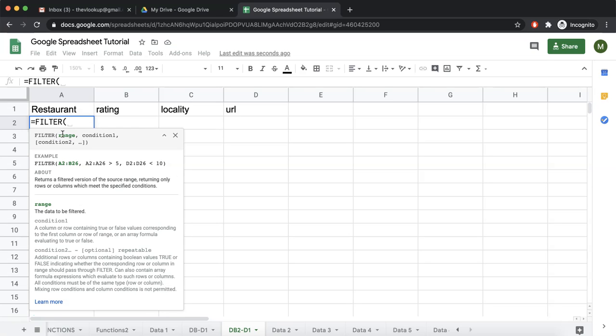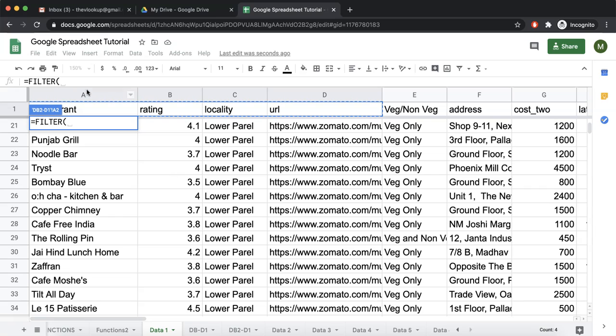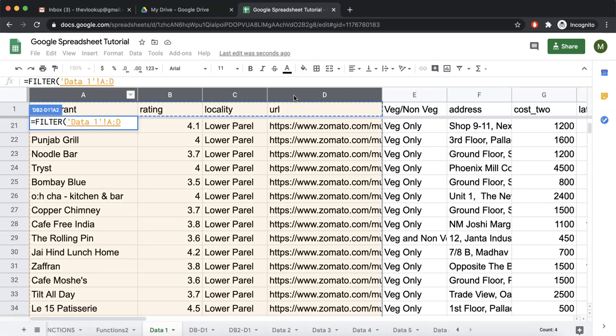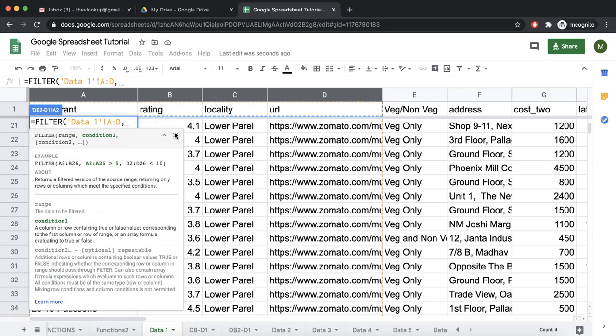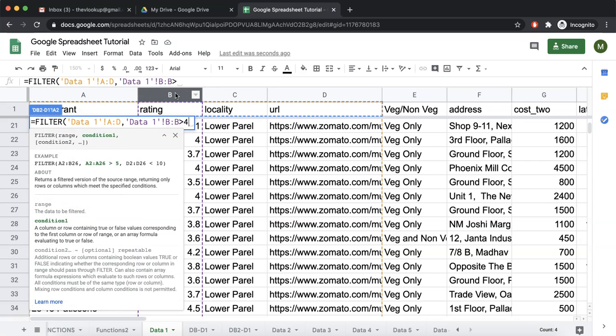The first argument is the range that you want to filter from. Our range is column A to D, because we want all the data from A to D with some filtered value, comma, and we can keep adding as many conditions as we want. So our condition is that column B should be greater than 4.